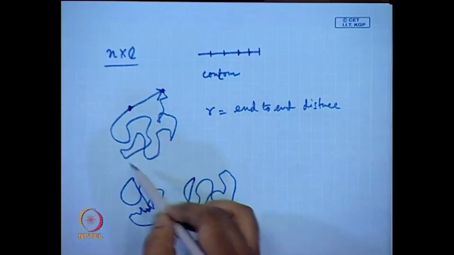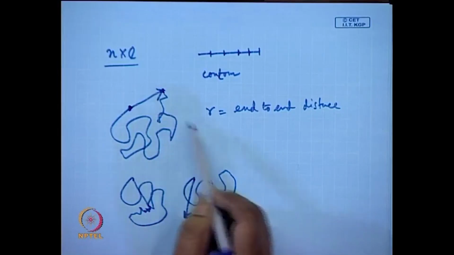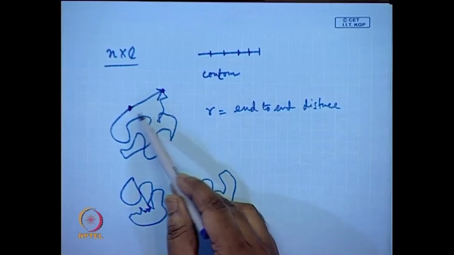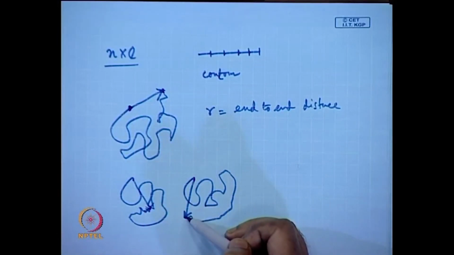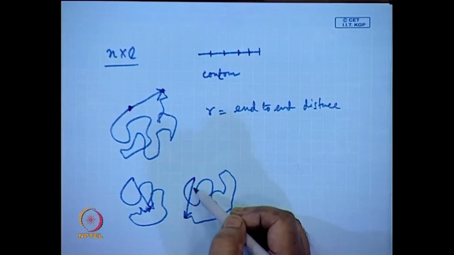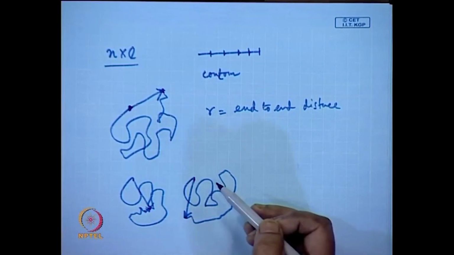As the polymer conformation is changing all the time, you cannot have a fixed value of end to end distance, because this might have some value which is different from this value, which is different from this value. Okay. So, what we do is statistically find the probability of finding one length,